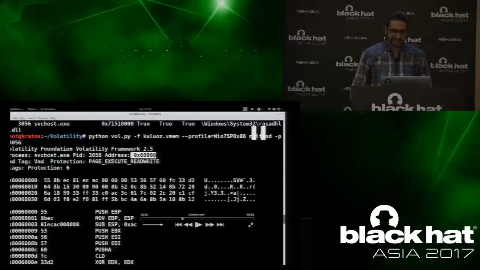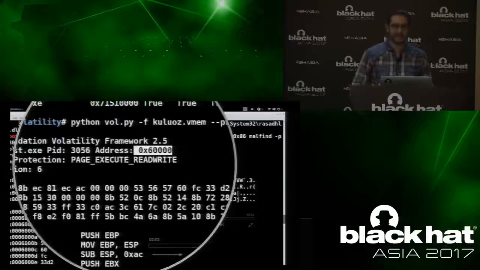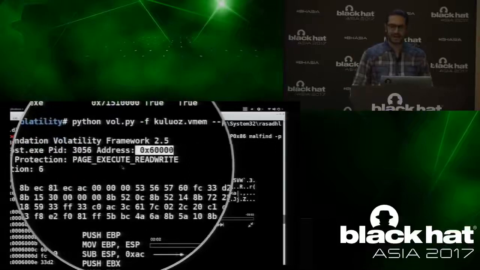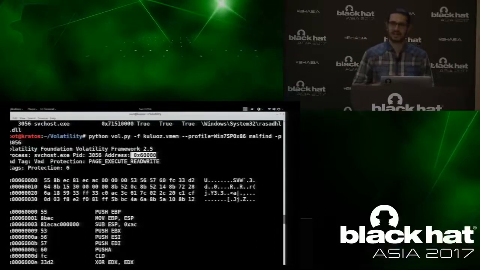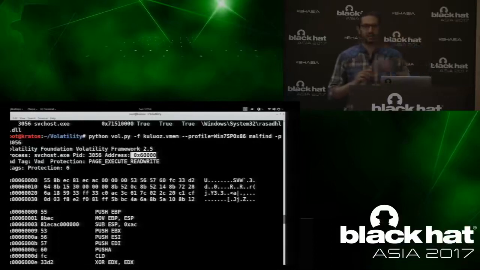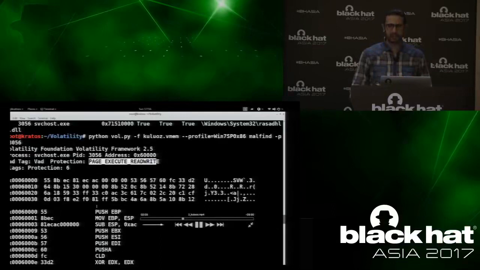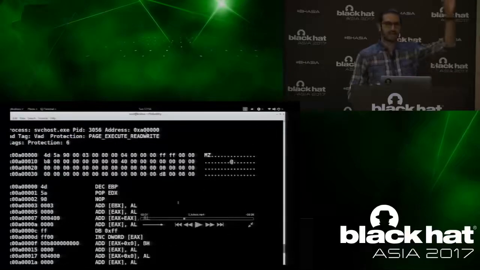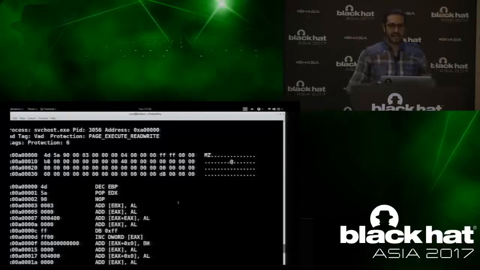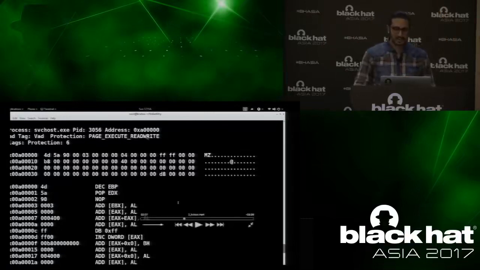But malfind will still identify that memory region. Like I said, it looks for suspicious memory regions. Here it is looking for page execute read write. Both of them have page execute read write. It is telling that these are all suspicious memory regions. But malfind did not tell you that there is a redirection. So if you knew traditional hollow process injection, you will probably miss the component where the redirection is happening, or you will not know how it's related unless you know how this hollow process injection works.